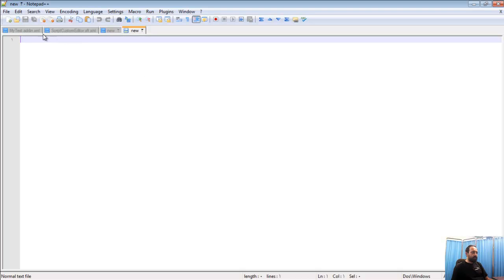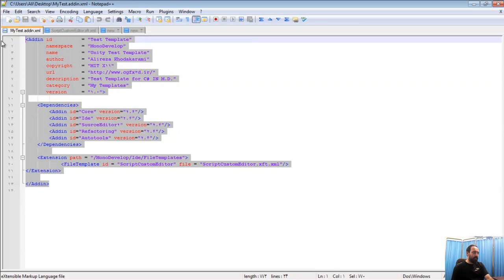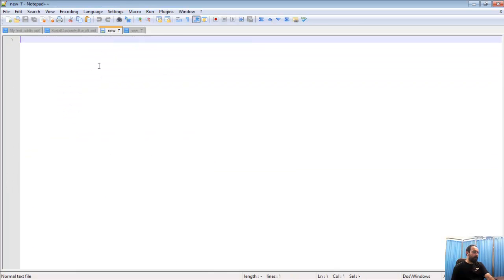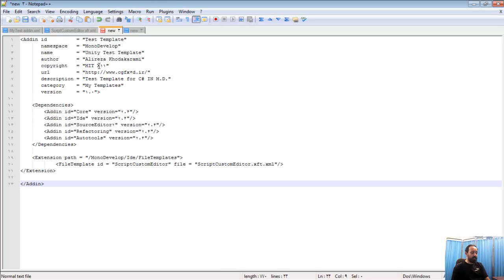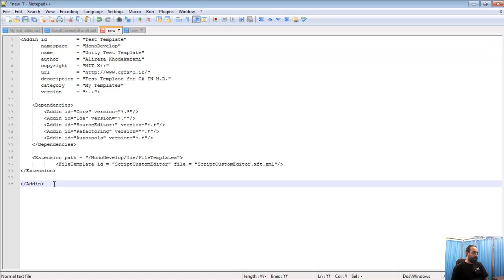I just copy and paste these codes and then take a look at what's happening. So the first thing you need for a MonoDevelop template is an XML file, but this XML file should be named specially. So first let's save this